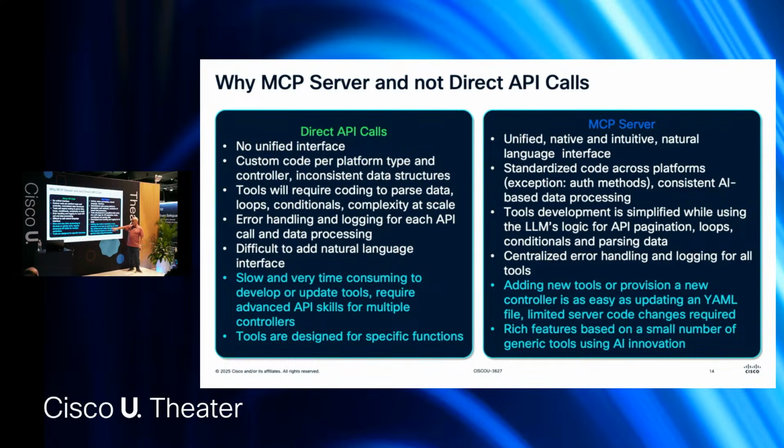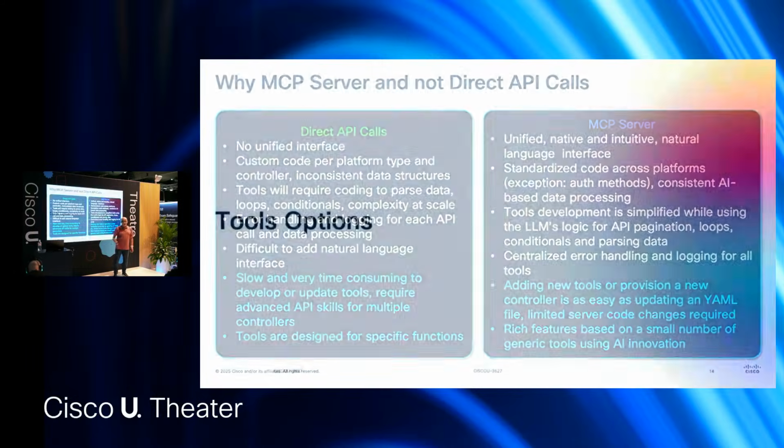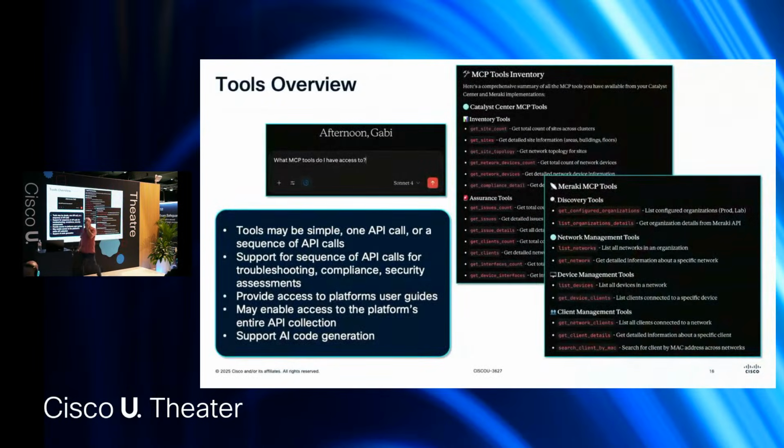If I use an MCP server, I don't. It's very easy to add a tool with a YAML description. You are going to see it in a moment, and use the large language model's native capabilities to create loops, to make API calls. So it's much easier to actually create new tools based on existing tools. It's just a prompt. It's a question you ask your application versus building tools that are predefined for specific purposes. So you're going to see it's much simpler, but also you can ask any questions based on 20 or 30 API endpoints.